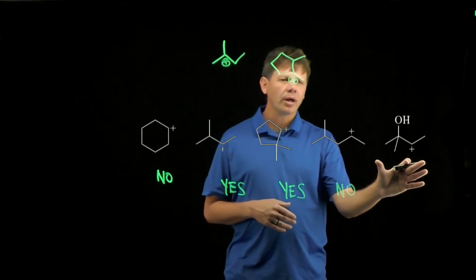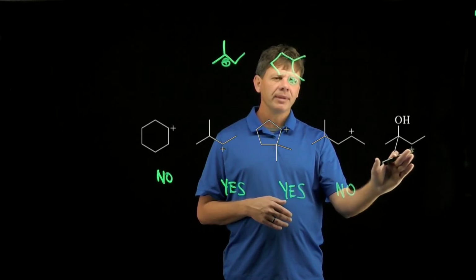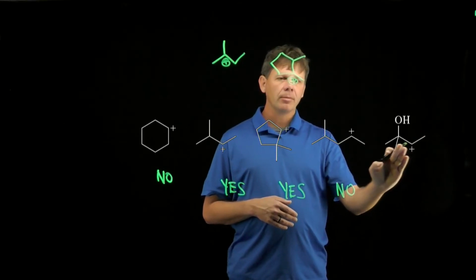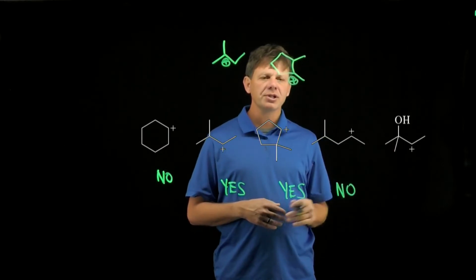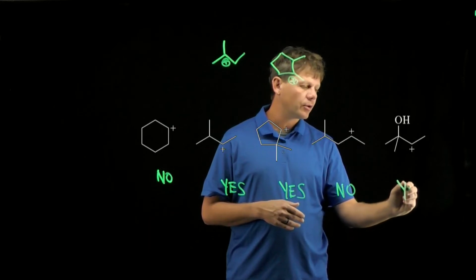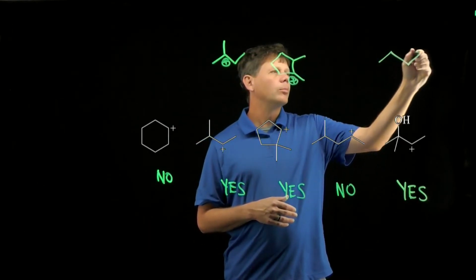And then finally, this one is one that we probably haven't seen anything like just yet. This is a secondary carbon that is flanked on one side by a primary carbon and on the other side by a tertiary carbon that also has a hydroxyl group. This one will undergo rearrangement, and the molecule that we're going to get will be this